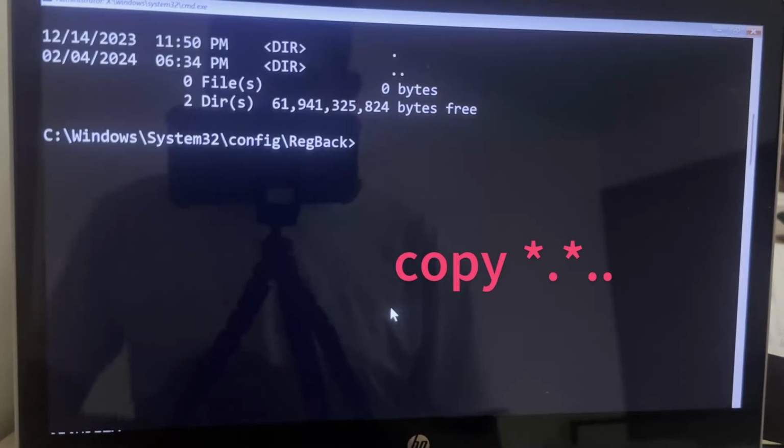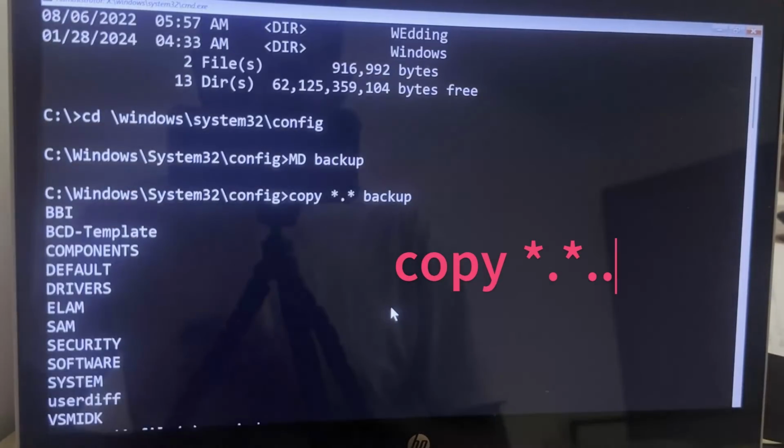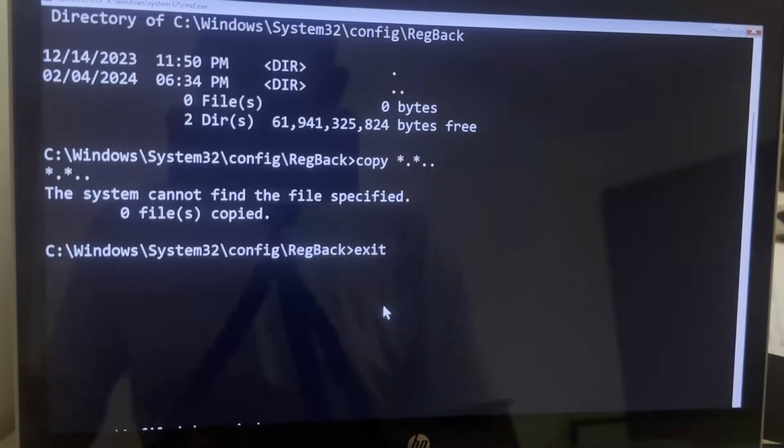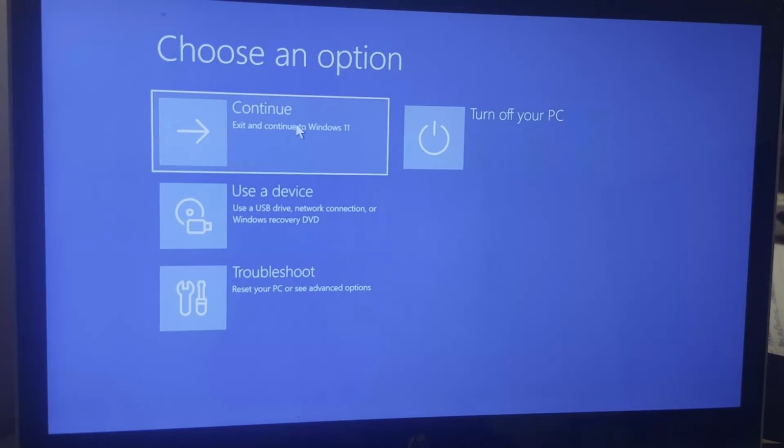Again type copy space asterisk dot asterisk space dot dot and hit enter. Now type exit and this will exit the command prompt. Once you come on this window, just click on continue and this will restart your computer,